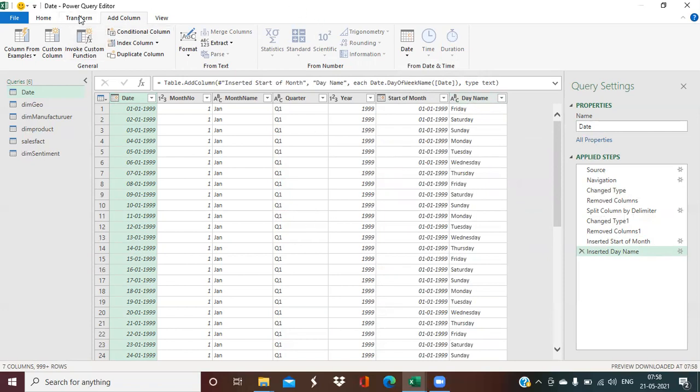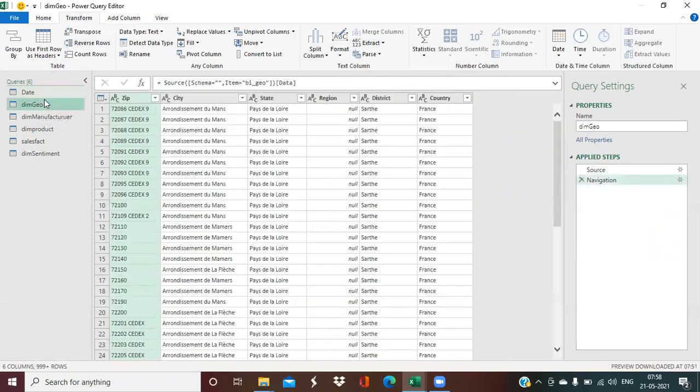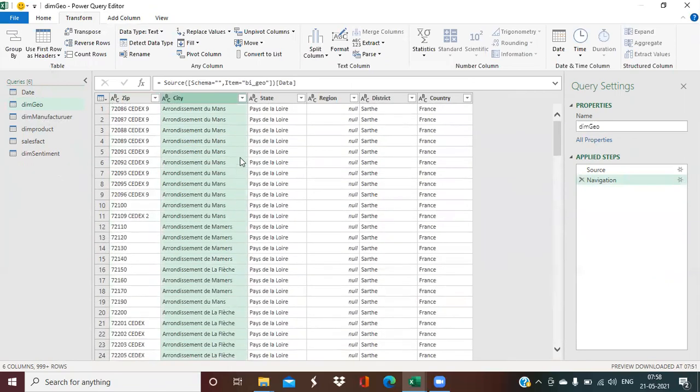Okay, so go here and now jump to the second table. That is my geography table. So inside this geography table, if I have a look, first of all, it's containing the zip code of the country, of the city, and that looks fine for me. City name also looks fine. There is not a big problem with the city name. The state name, the data type looks fine.